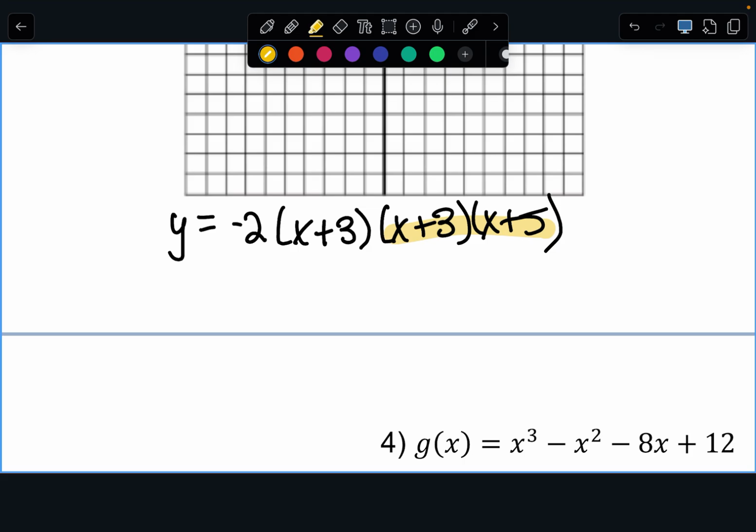You guys are more used to distributing an x plus 3 into something versus a 3-termed something into something else. So let's start on the right, FOIL this, and then we'll distribute this in a second, okay? So, y is equal to -2 times x plus 3 times, if we FOIL,